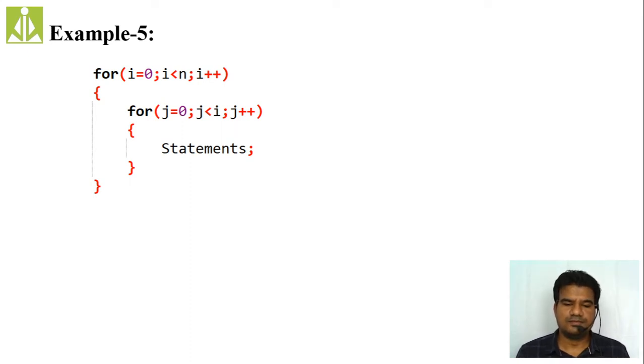If you see this algorithm over here, this particular statement, this internal loop, it is not dependent on n, it is rather dependent on i. You have to observe this one. It is dependent on i. So we do the analysis in this way. Whenever i has a value, we have to consider how many times the internal loop gets executed.